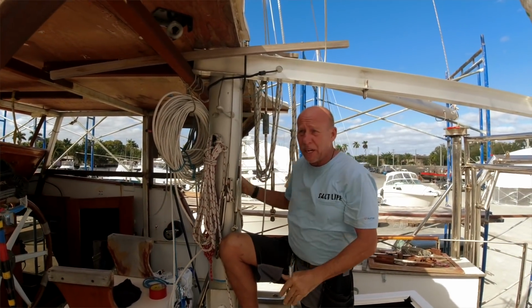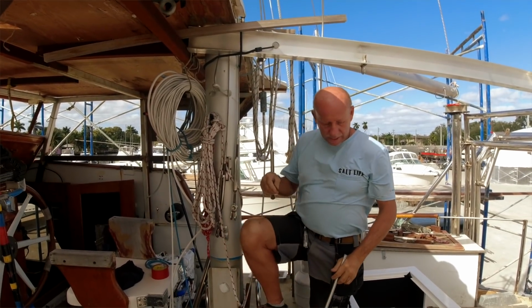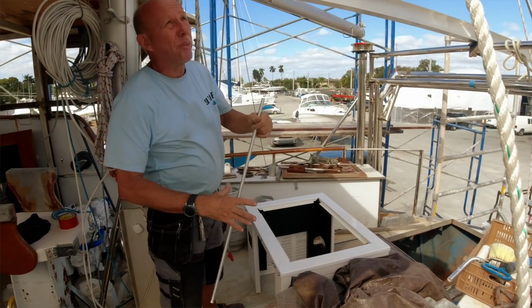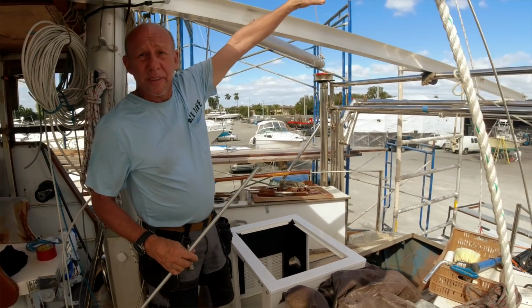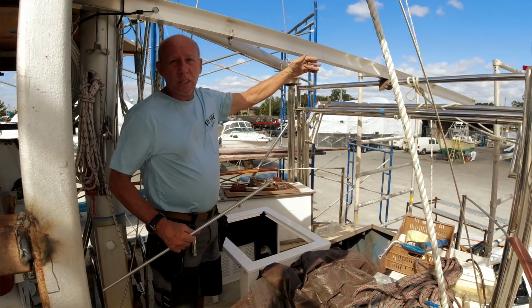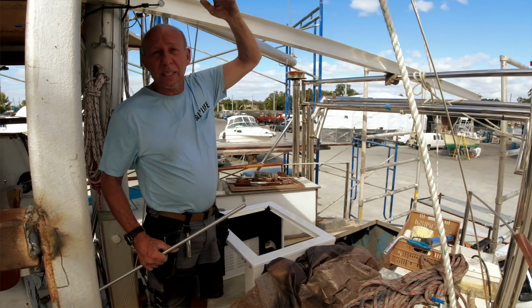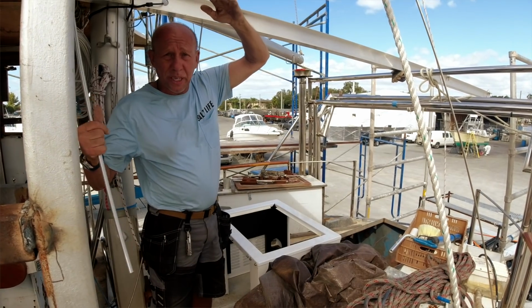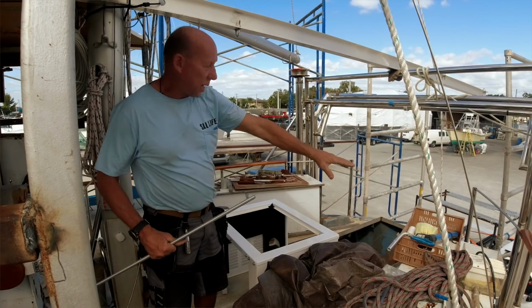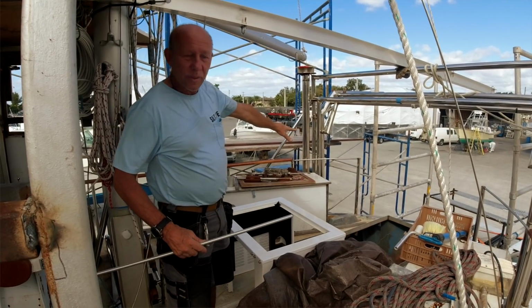The support is also designed so I have access and steps for getting above to the upper deck of the wheelhouse. And this complete area will be covered by the 2 solar panels that slide back to the dinghy davit system. Or if we want sun, the solar panels will slide back into the position on top of the wheelhouse. We'll be designing a seating area and a laying area here that will be